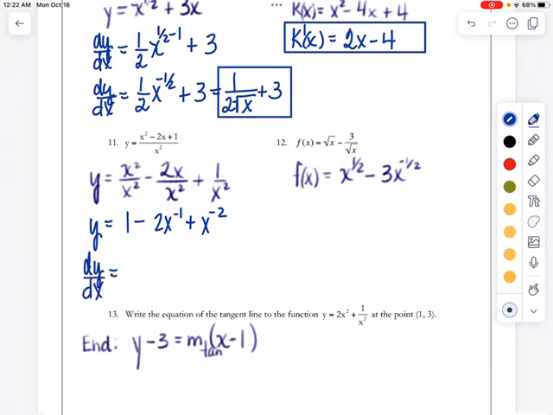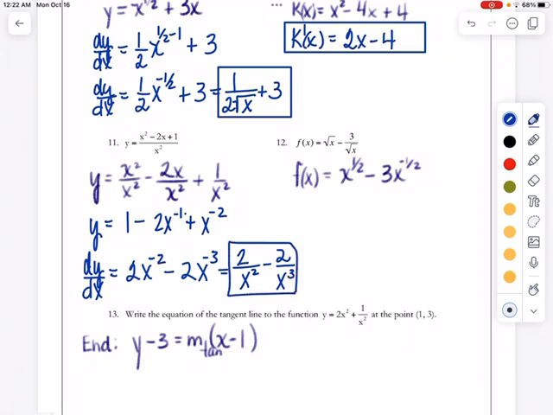dy/dx is then equal to, the derivative of 1 is 0, so I'm just going to leave that out. And then the derivative of the second term is going to be 2x to the negative second power, and then minus 2x to the negative third power. So that's going to simplify nicely as 2 over x squared minus 2 over x cubed. And there you have it. There it is. Okay. And then for this last one, or the last rewrite,